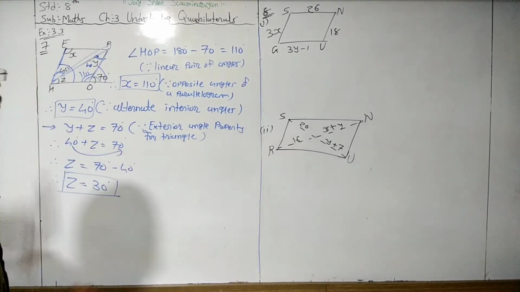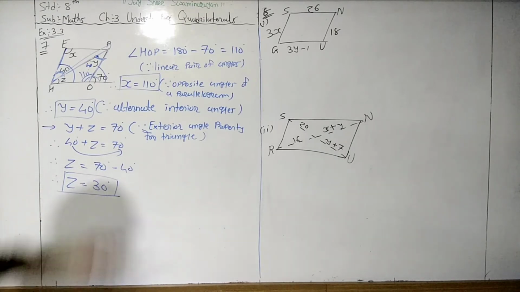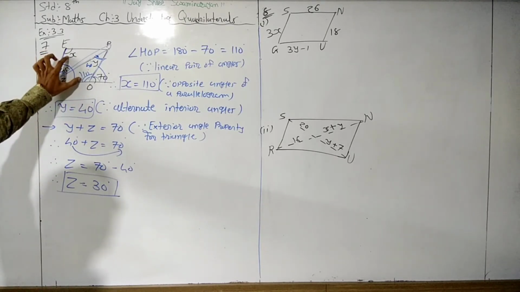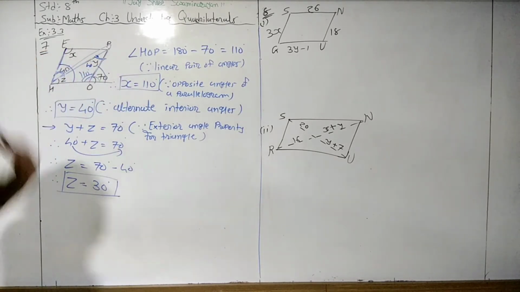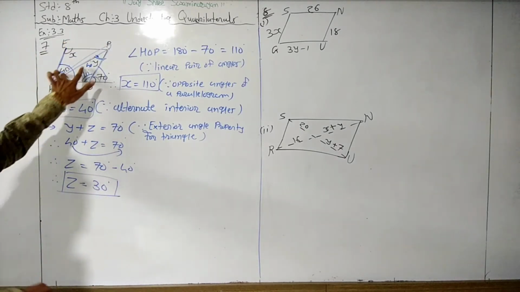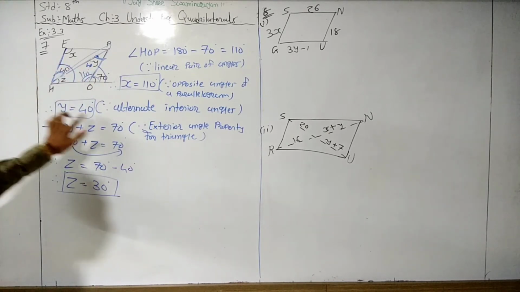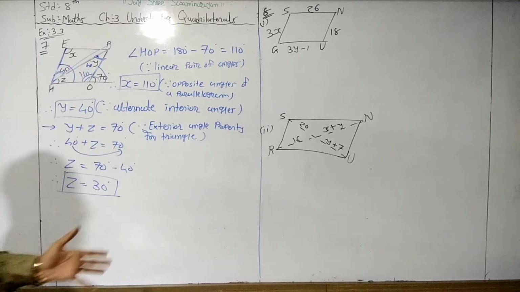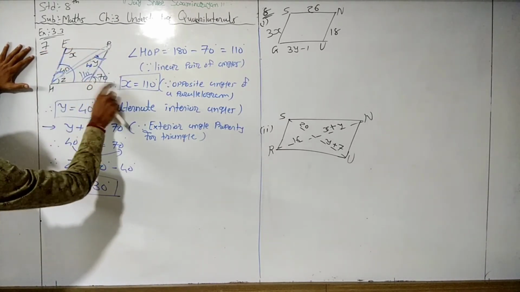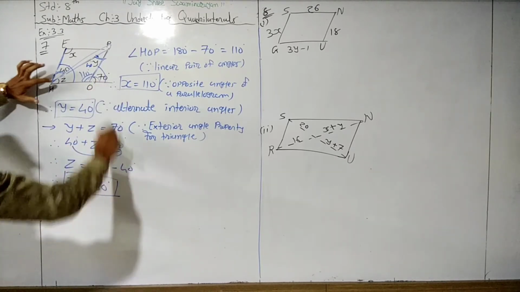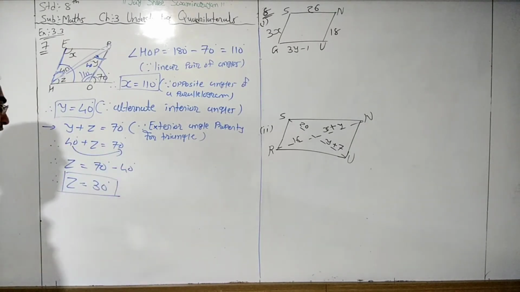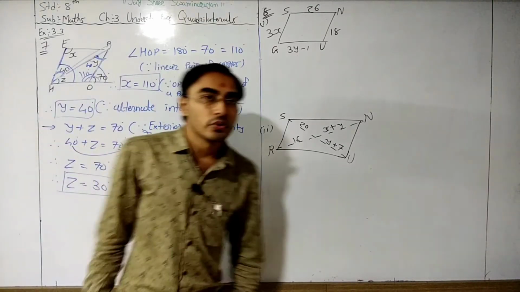First of all, again I repeat this question. Here 70 degrees. So this angle is 180 minus 70, it is 110. Then these two are opposite angles. So x is equal to 110. Here it forms one side, so these two angles are equal. This is 40 degrees, so y is also 40 degrees. And for z we have lots of ways, but we are going with the exterior angle property for this triangle. This triangle and one exterior angle. So exterior angle 70 is equal to the sum of the other two interior angles, y plus z. Y is 40. Transfer this 40 to the right hand side. You will get the value of z is equal to 30 degrees.